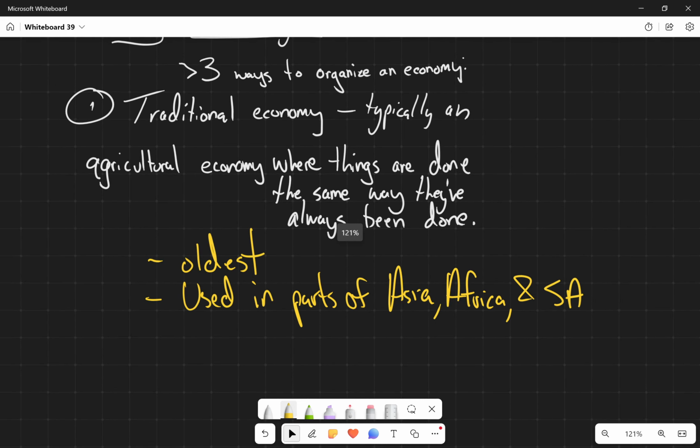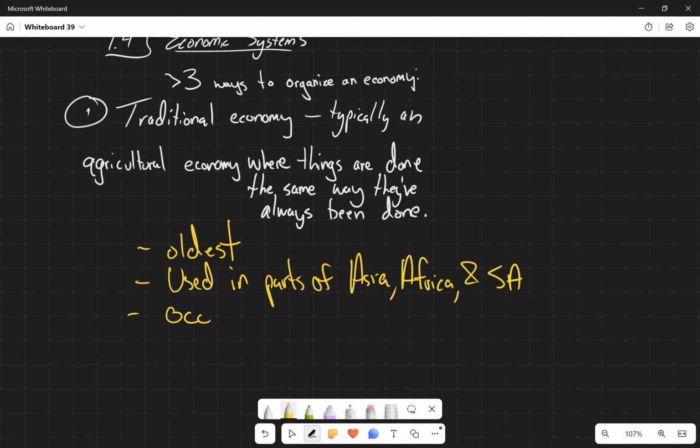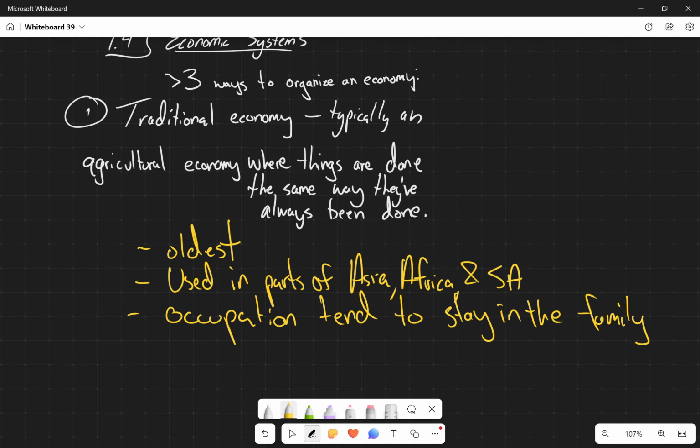In a traditional economy setting, the occupation tends to stay in the family. Oh, sorry, you don't want to grow cacao? Tough. That's what your parents do. That's what you're going to do. Oh, you don't want to cobble shoes? Tough. That's what your parents do. That's what you're going to do, right? The occupation stayed in the family.